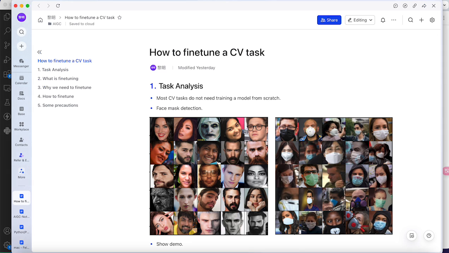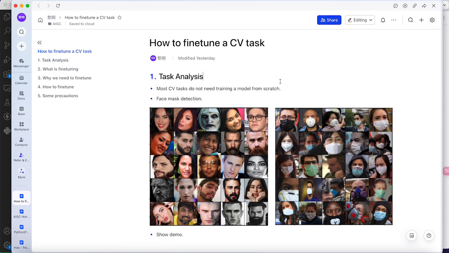I will follow the outline. First one is task analysis. What is fine-tuning? Why do we need to fine-tune? How to fine-tune? Some precautions. Firstly, we all know that